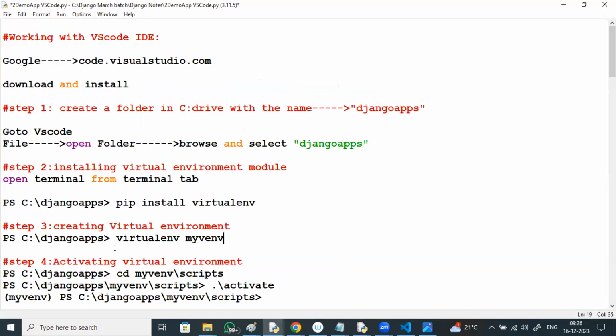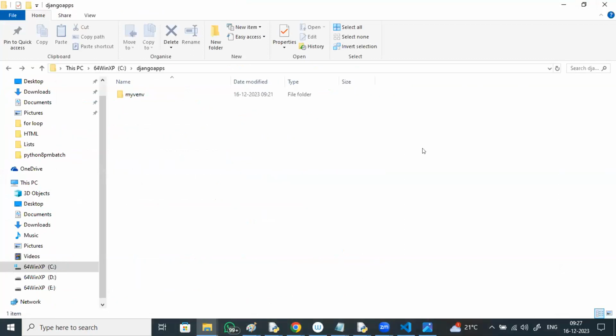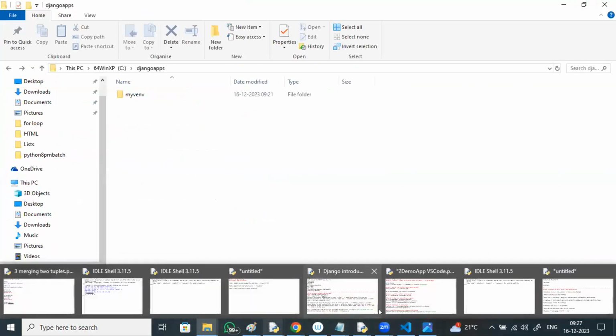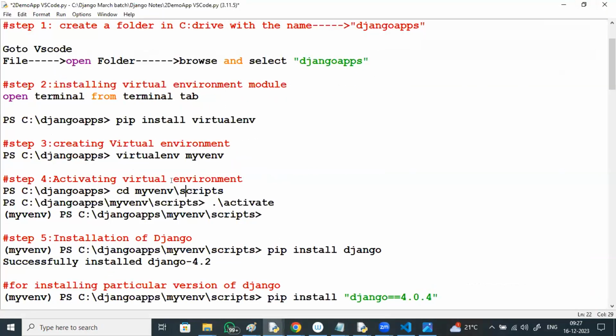Now activating the virtual environment. How to activate the virtual environment? Where are you? First try to tell me. The next step is for activating the virtual environment.